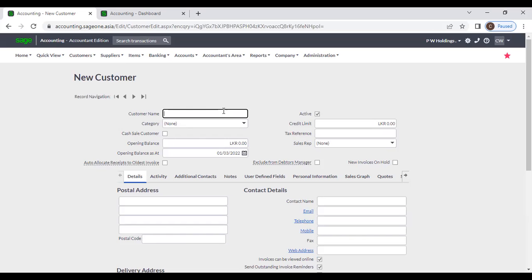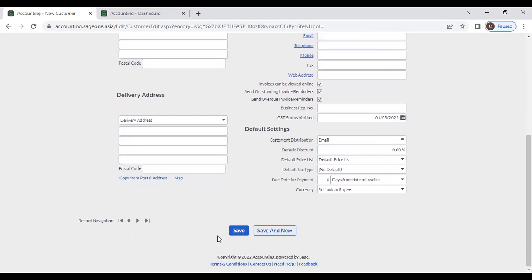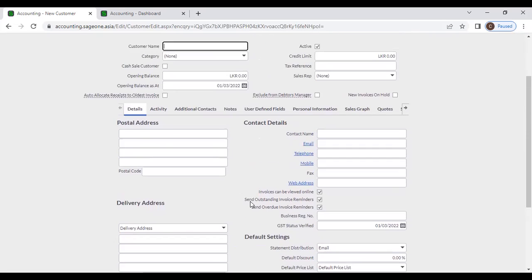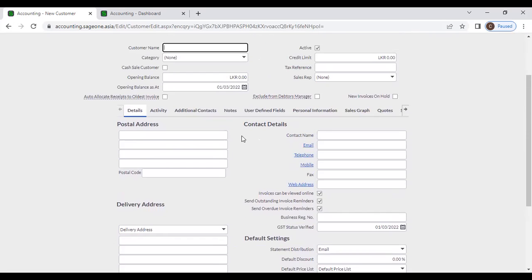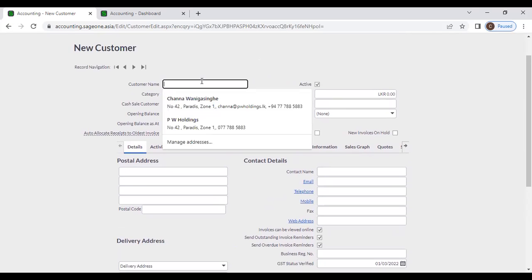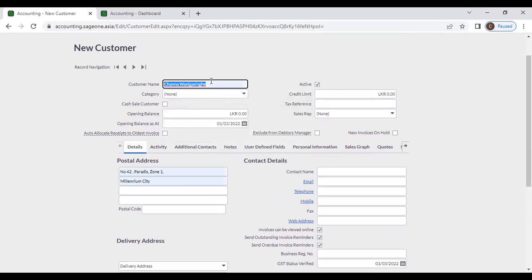By entering the customer name alone you can save your customer, but it's better if you can enter that additional details. First you need to enter your customer name,